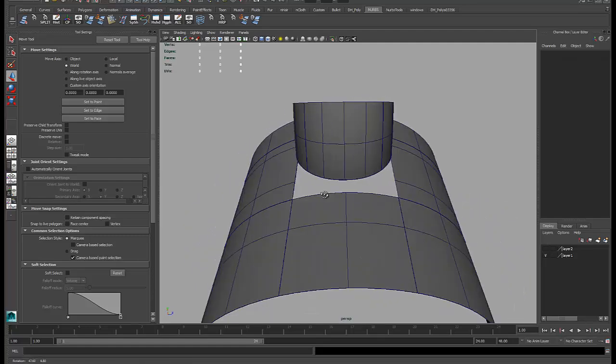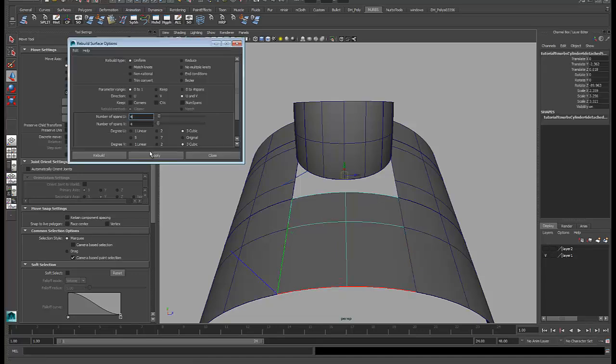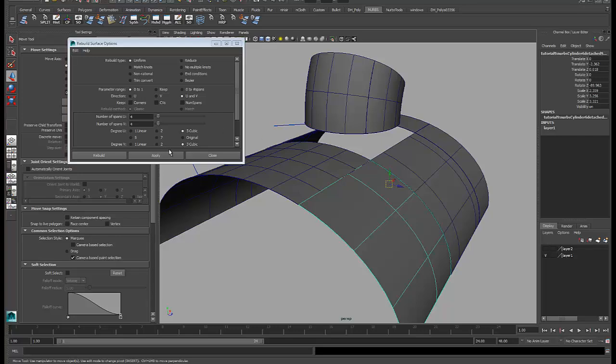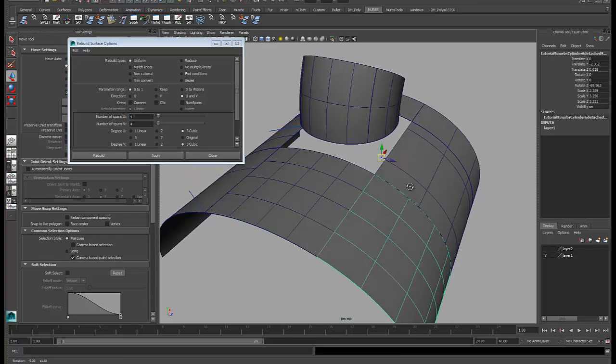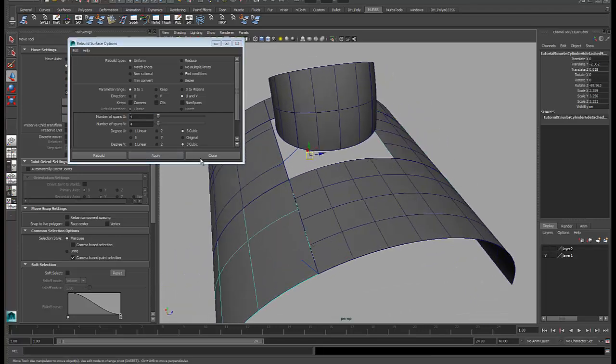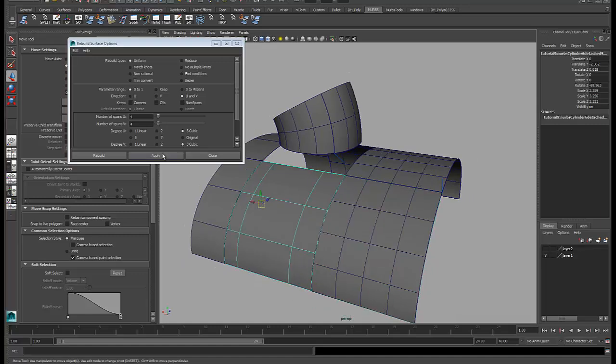So again, I have 4 spans here, so I want that to be a 4. This one, same thing. All of these. And then this one,